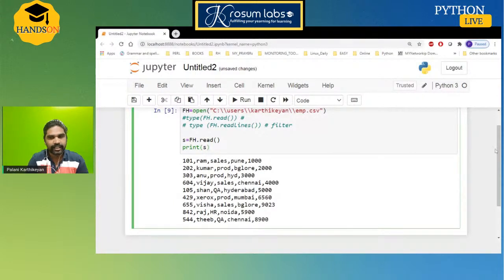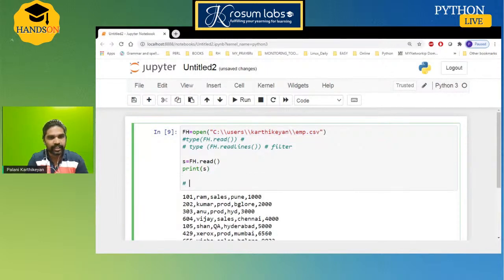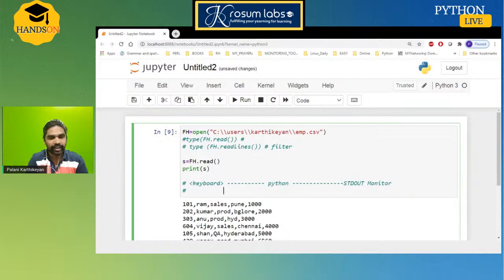So what is the category in file operation? In this category, reading data from file, you have to look at the file handling category. The basic IO operation, this is a keyboard thing. Here I'm not using keyboard input. I'm taking input from a file. This is the monitor, that is standard out, stdout. I'm taking the general file handling category. Any file operation comes under the following category.